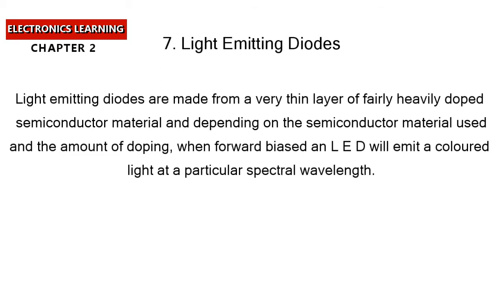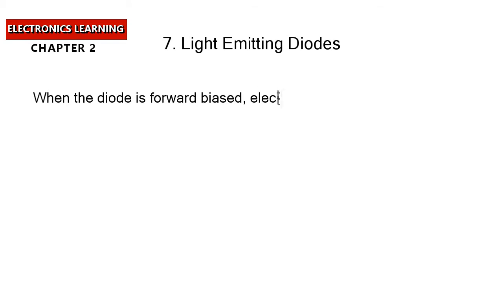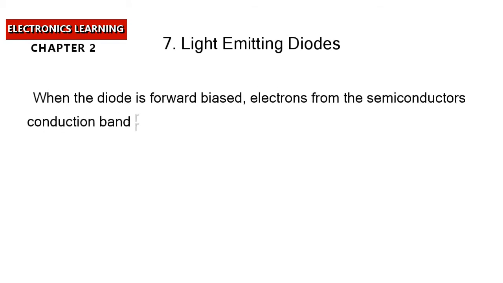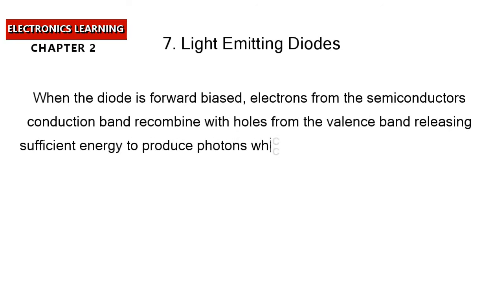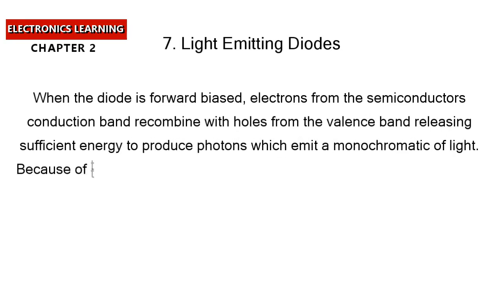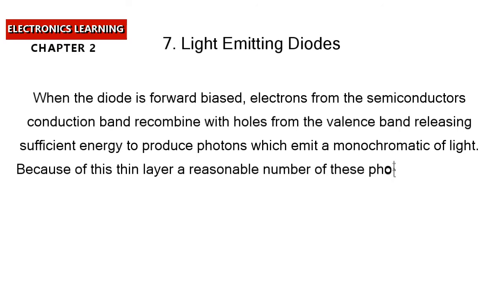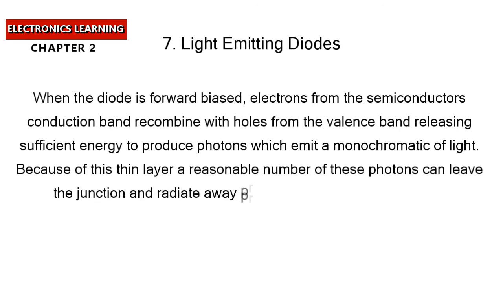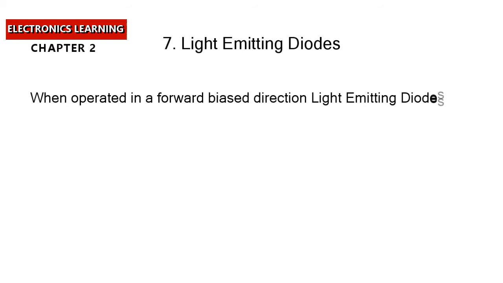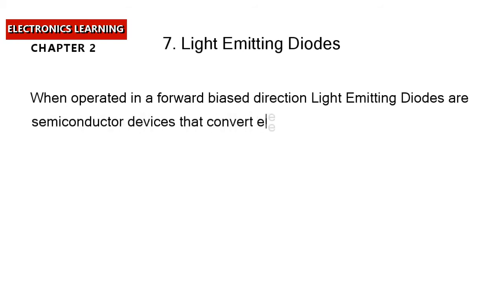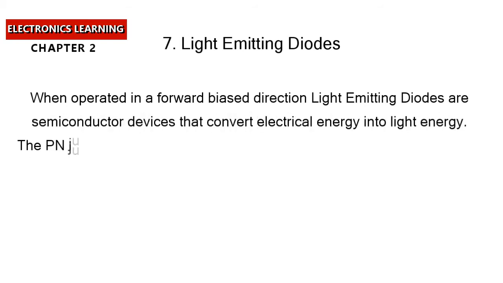spectral wavelength. When the diode is forward biased, electrons from the semiconductor's conduction band recombine with holes from the valence band, releasing sufficient energy to produce photons which emit a monochromatic light. Because of this thin layer, a reasonable number of these photons can leave the junction and radiate away, producing a colored light output. When operated in a forward-biased direction, light-emitting diodes are semiconductor devices that convert electrical energy into light